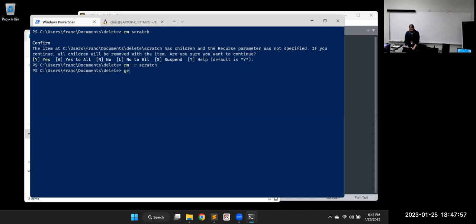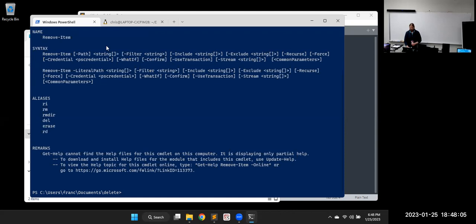So let me show that. Get-Help. There are help menus in all of them. I'll do remove. So read our help manual here. That's probably the more useful thing to look at, right? How do we read the help instructions? Because obviously we don't have time in class to go over every single bit, so it's probably important to look at how to read the instructions.